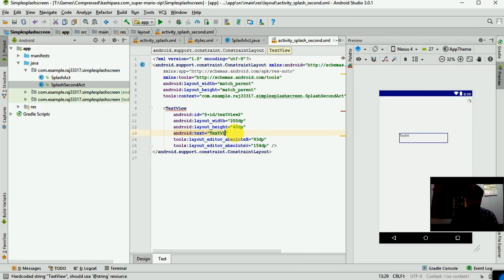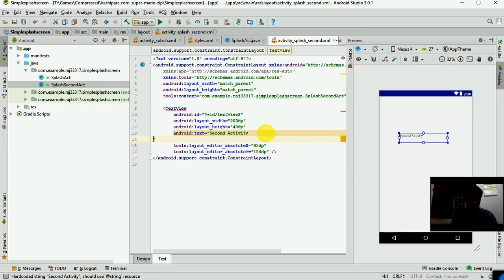I'm going to edit and write second activity. Here, see, second activity. I'm going to give its size, activity size,